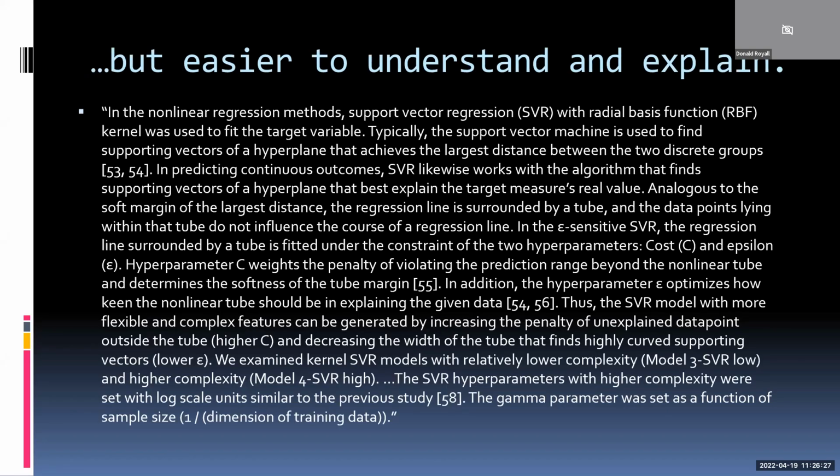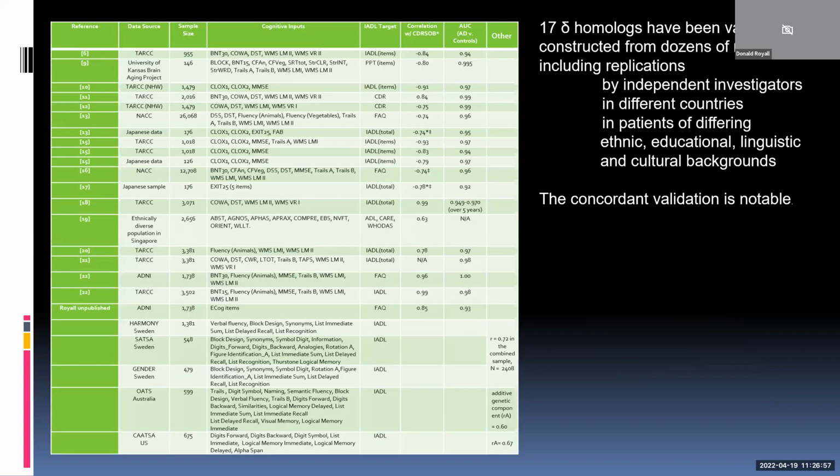But unlike AI, D is easy to understand rationally. It's simply the cognitive correlates of functional status, whereas the AI approaches give rise to accurate predictors that essentially are clinically meaningless, and we don't really understand what the model is doing. We just have faith that it's doing the right thing, but it doesn't teach us anything, whereas D homologs can teach you a lot about cognition and dementia.